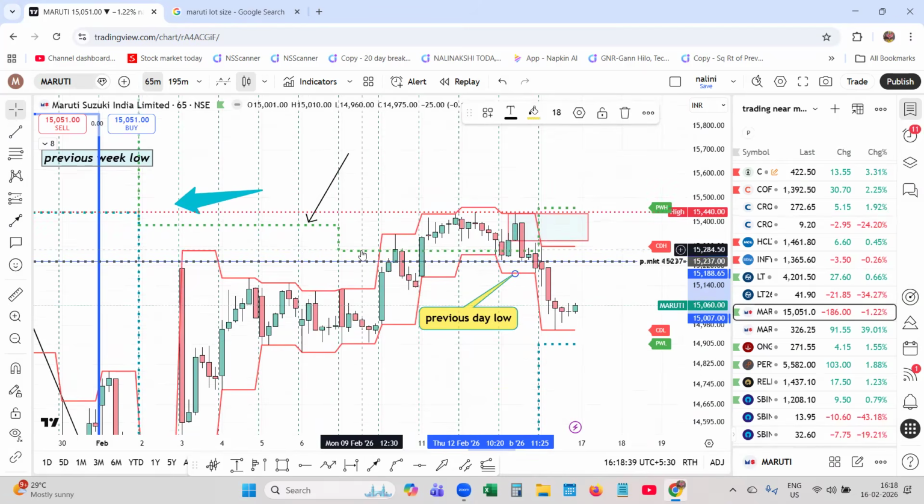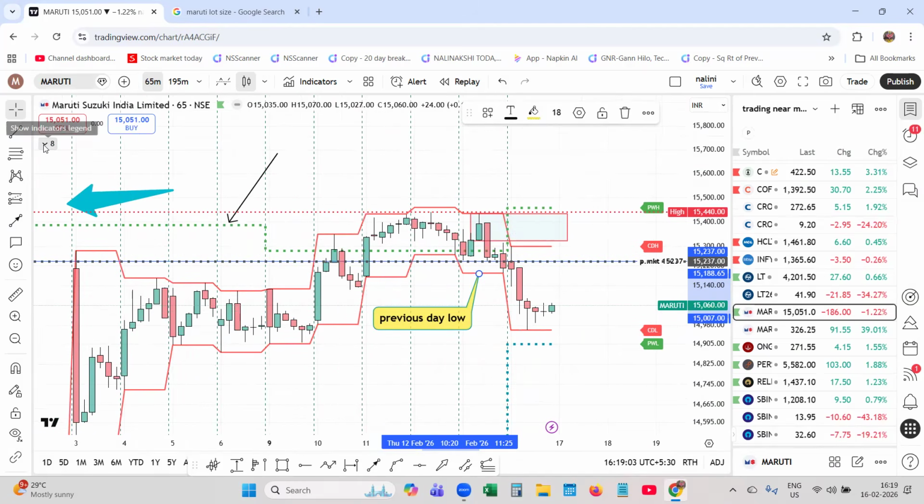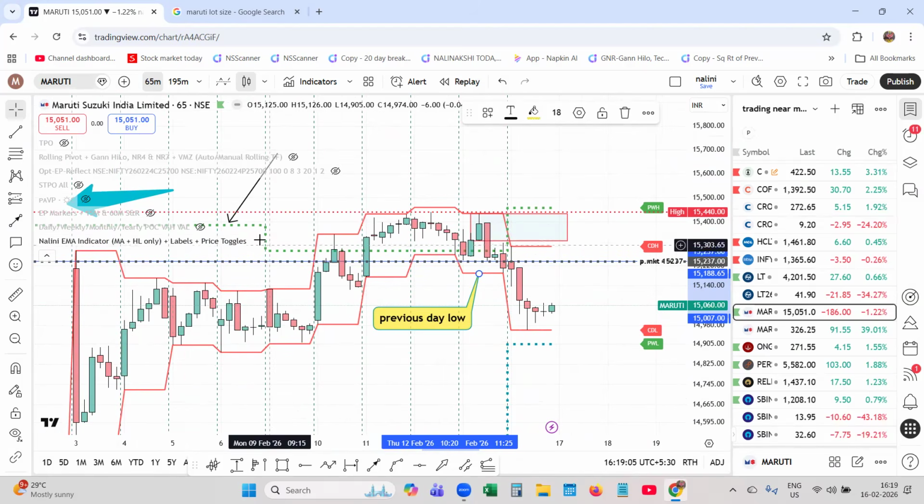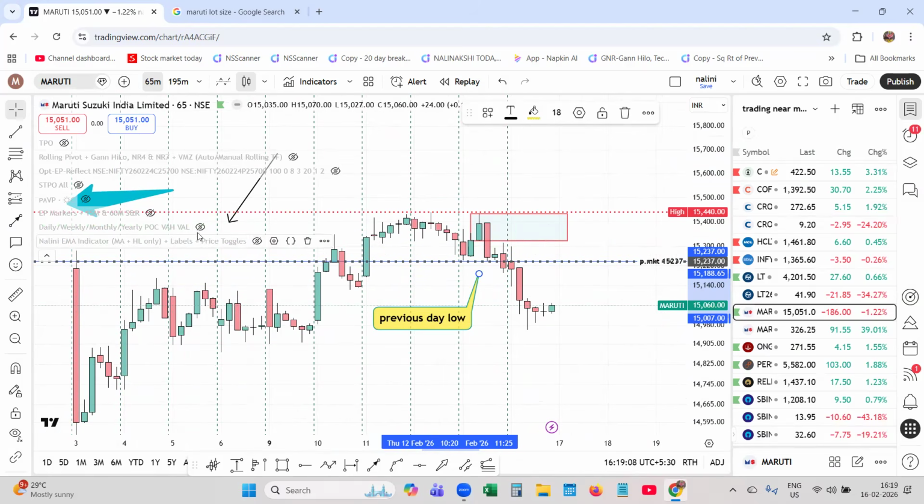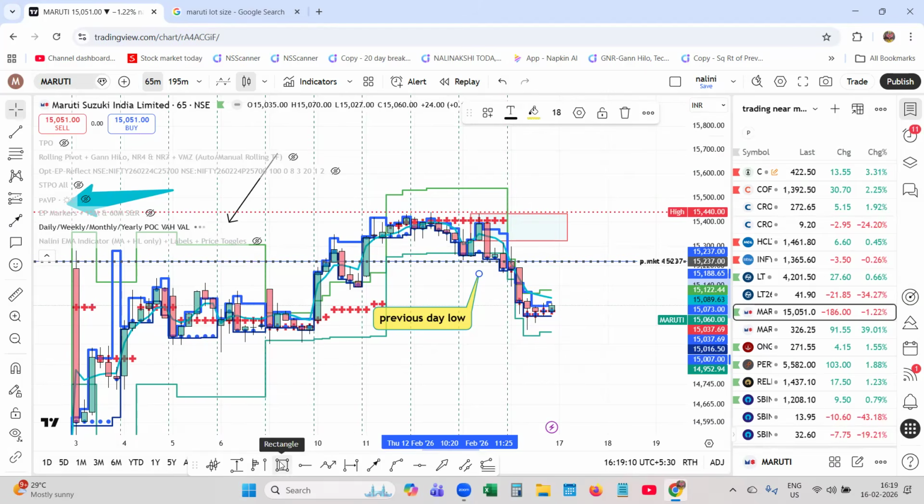Distribution, these are the things, and I had seen the price closing below the previous week high. You can see this candle, it had closed around 15,211. It was in my watch list. I had kept it. And apart from that, let me hide my indicator, the Nalini EMA indicator,